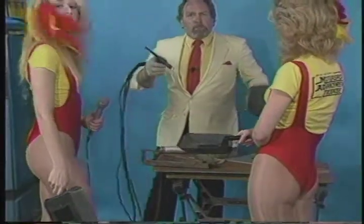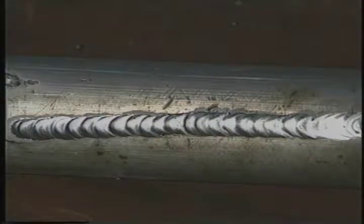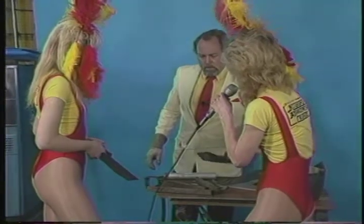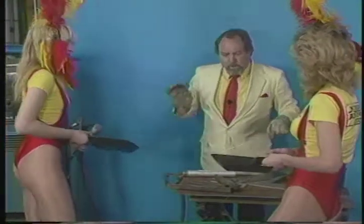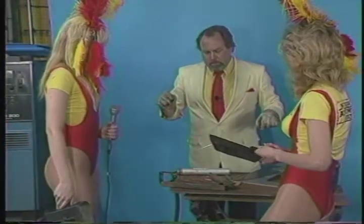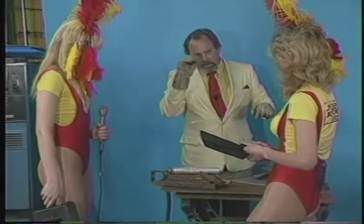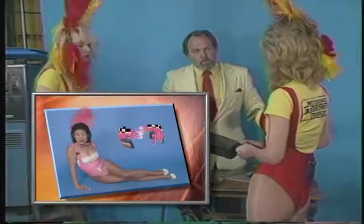All right, Chuck, you have to tell me, what did it do that time? I liked it okay. All right, we got a decent weld down also. Was there a noticeable difference now that you turned the high frequency off? Could you see a difference when you were welding there? No, not really, but you have to understand that I maintain just about an exact same distance of the torch over the